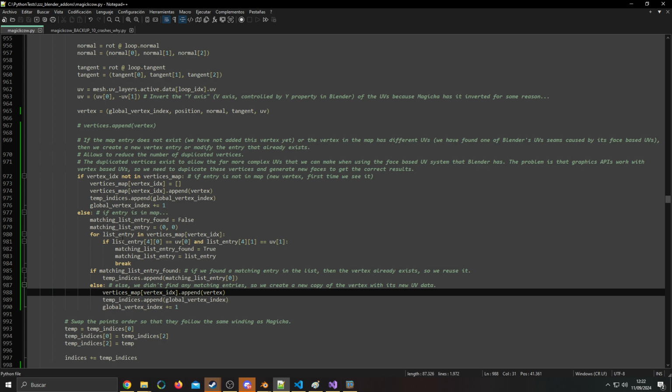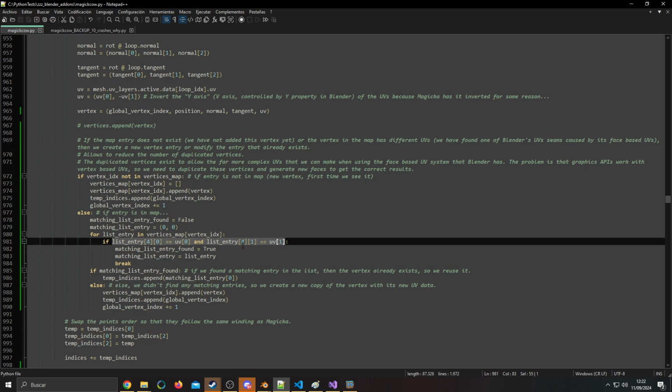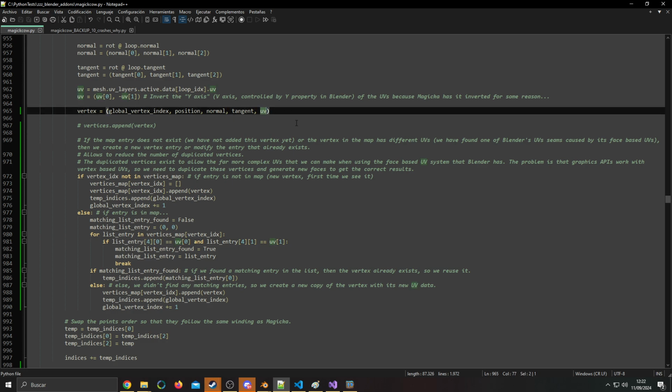Now, another detail that I want you to look at is this thing right here. This is where the main condition is located. It is programmed in such a way that we could change everything. This right here, list entry 4, is a property for the UVs, index 4. This is index 0, 1, 2, 3, 4. It's very simple, right? What we're saying in here is that if the UVs don't match, then we add a